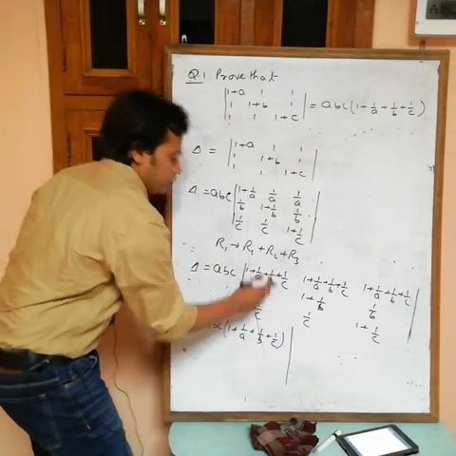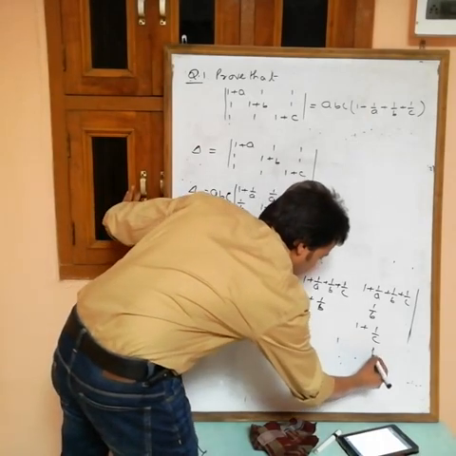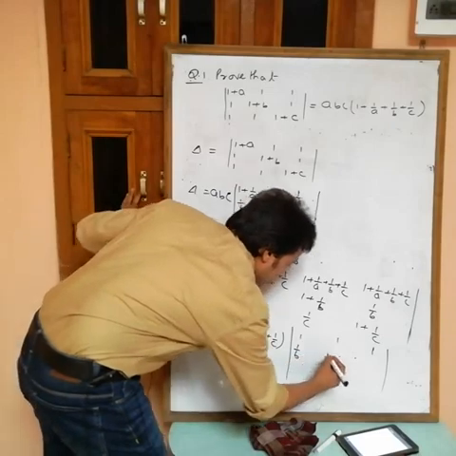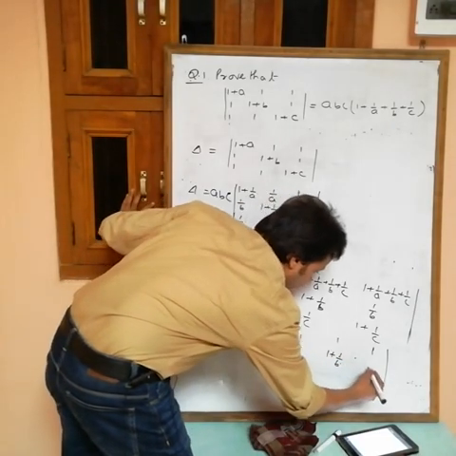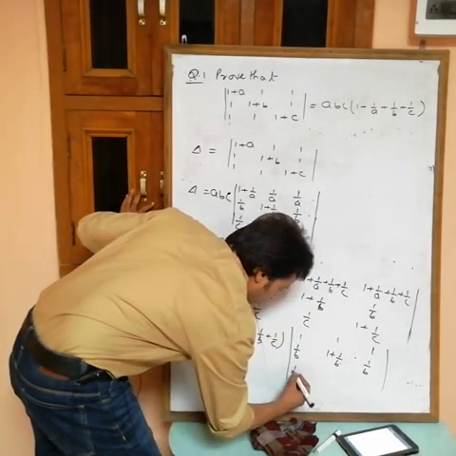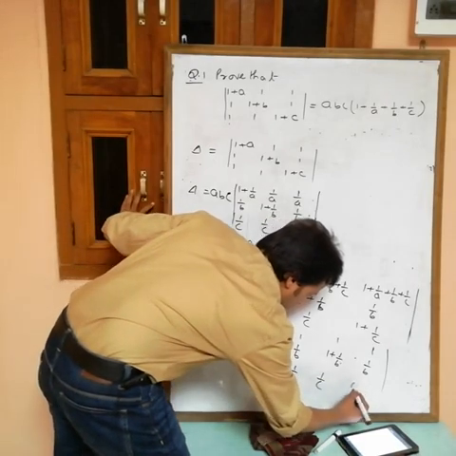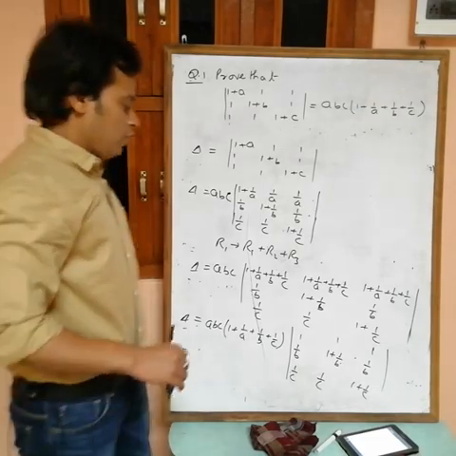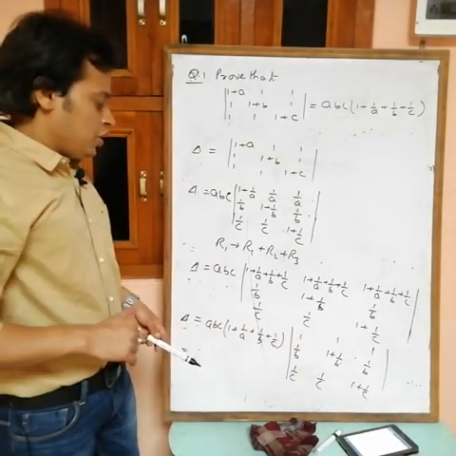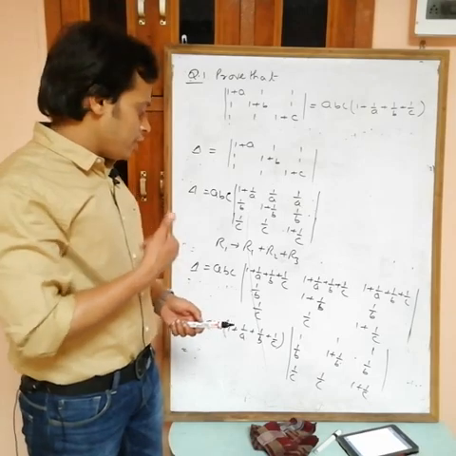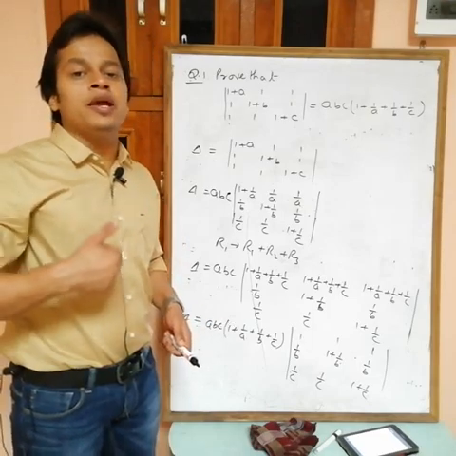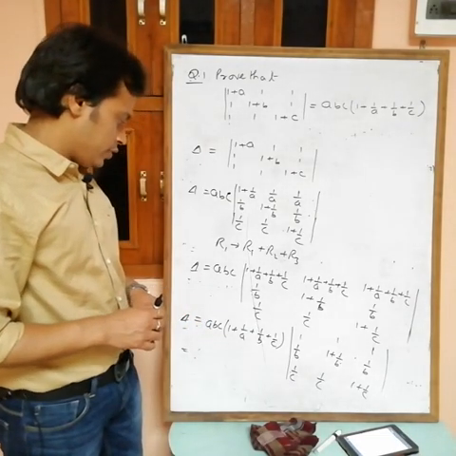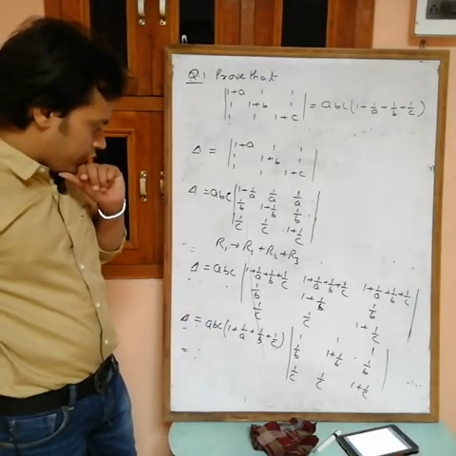If you are taking common, then this becomes 1 1 1. And this one is 1 by b, 1 plus 1 by b and 1 by c, 1 by c, 1 plus 1 by c. So we are getting both factors. Now we have to expand this, but one minute. Before expanding the determinant, try to make two zeros in one row or one column. So how to get that? Simple.